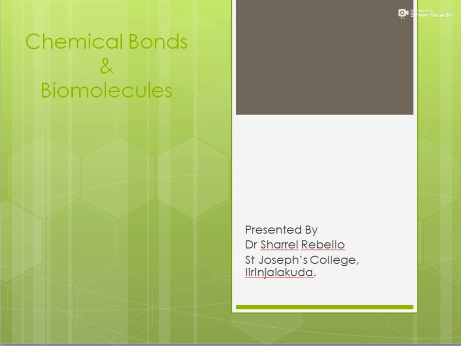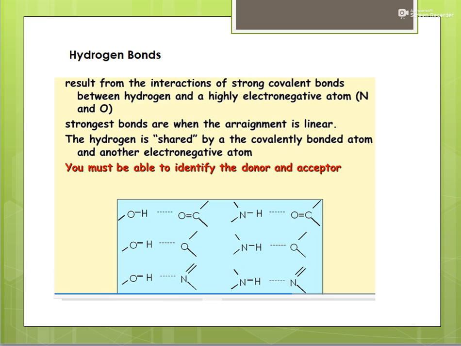Let's continue with the next type of bonds called the hydrogen bonds. We were talking about the non-covalent bonds, and hydrogen bonds are one among them. And this mainly happens because of a sharing of a hydrogen atom by a covalently bound atom and another electronegative